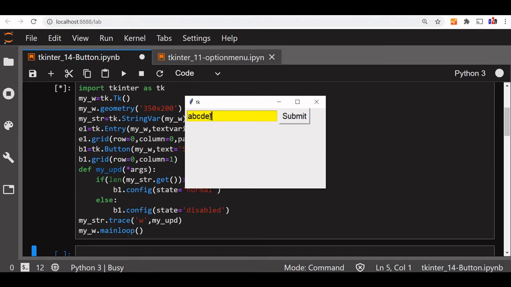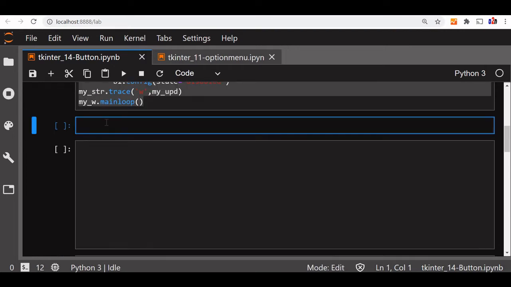Now it is enabled because the moment I have reached the 5th character, the button is enabled. Now let's delete it and see. Yeah, the moment I reached less than 5, or 4, then it is disabled again. Now I can increase it. The validation works, but what happens when I click the button? We'll code next. I will attach some events whenever the button is clicked. What is going to happen? We'll see that in our next part.